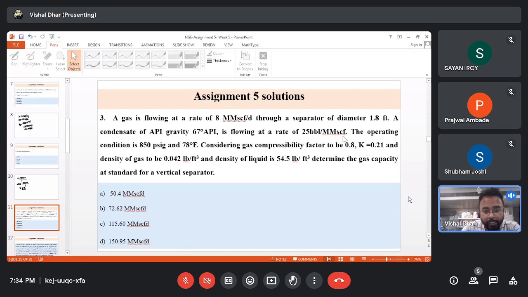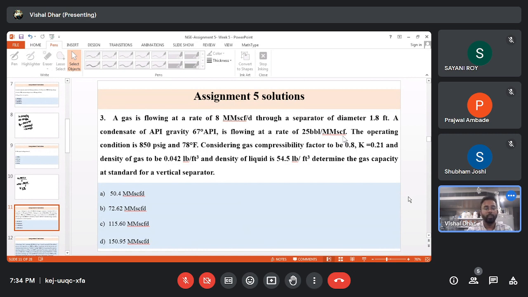A gas is flowing at a rate of 8 SCF per day through a separator of diameter 1.8 feet. A condensate of API gravity 67 degree API is flowing at a rate of 25 barrel per SCF. The operating condition is 850 psig and 78 degree Fahrenheit. Considering gas compressibility factor to be 0.8, K equal to 0.21, and density of gas to be 0.042 lb per feet cube, and density of liquid is 54.5 lb per feet cube, determine the gas capacity at standard for a